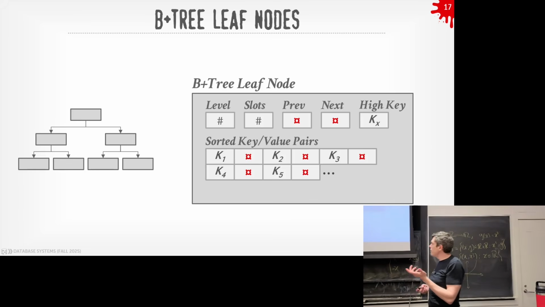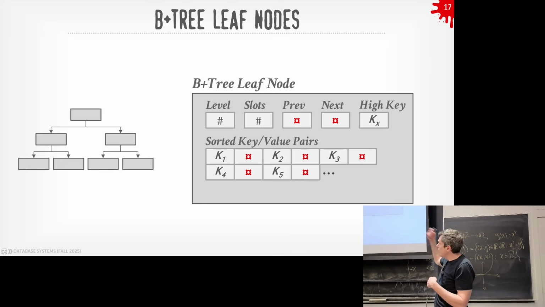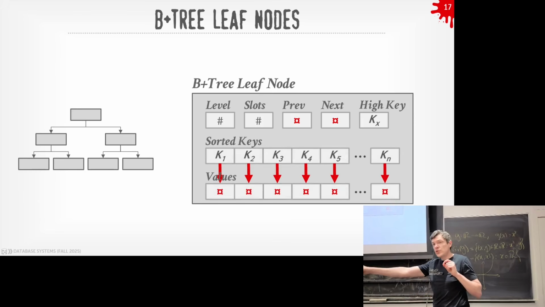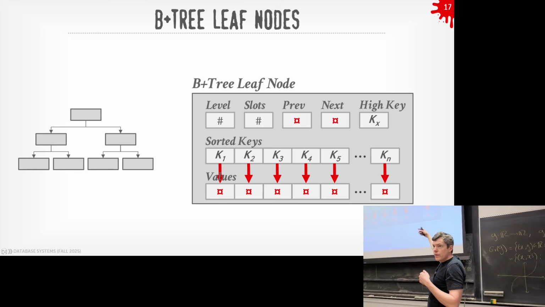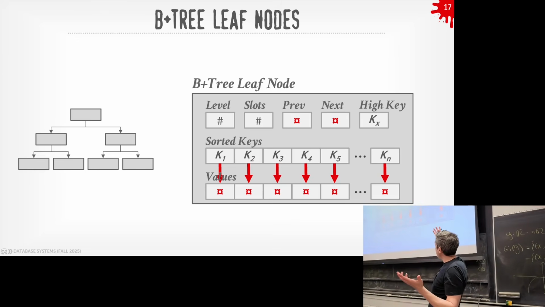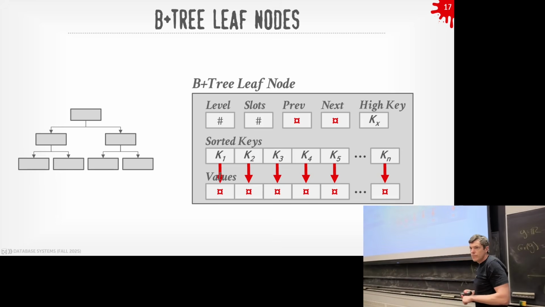And then you could store the example I was showing before, where you just have the key followed by its record ID, or sorry, the pointer right afterwards as the value. In a lot of systems instead, you store all the keys sorted as a separate array. Then you store all the values in a fixed length array, or some kind of array that you can then just jump to offsets, like we did in the column store, based on whatever key I'm looking for. So now if I want to find the key, I can just do binary search on the key array and not have to jump over data that I actually don't need.